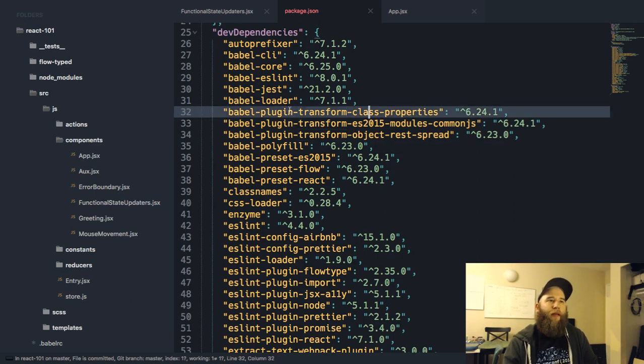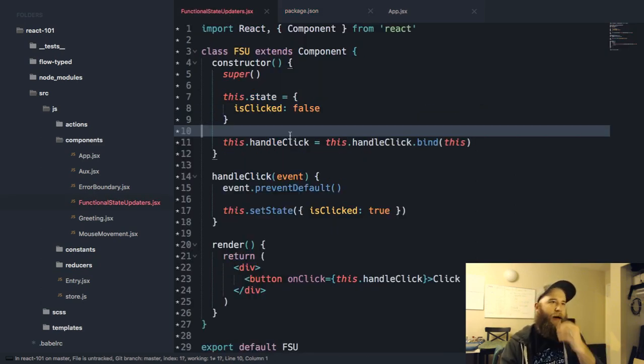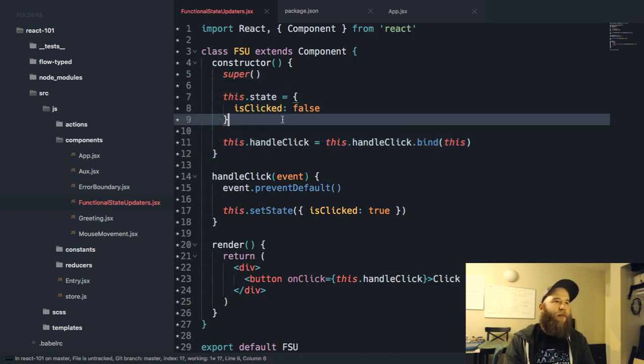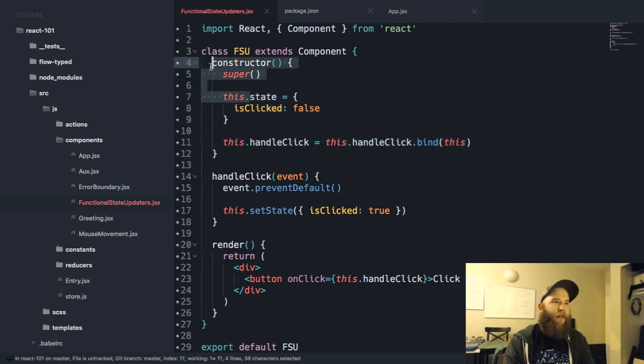So getting back to this plugin, it's really nice. You can go look it up on Babel.js yourself, but what it allows us to do is to not have to do this binding that we see on line 11, and it gives us a terser syntax to create the things bound to this component we want to. In fact, we could set state without needing the constructor, so that's really great. So let's rewrite this really quick. I don't need the constructor anymore, and I can actually just do this.